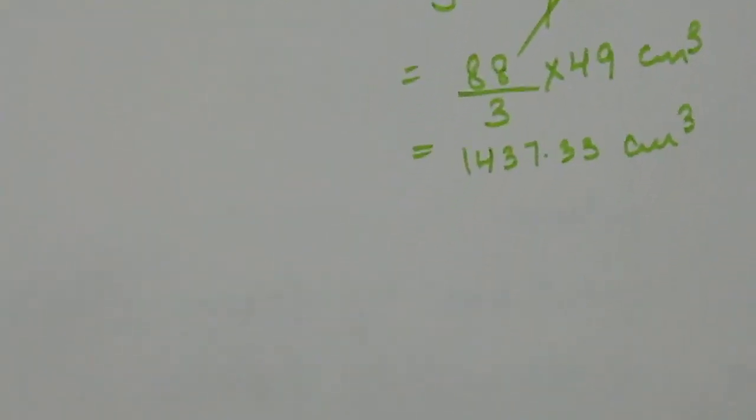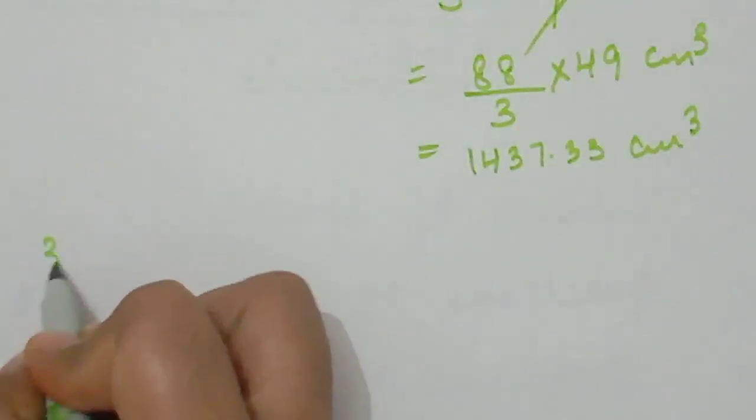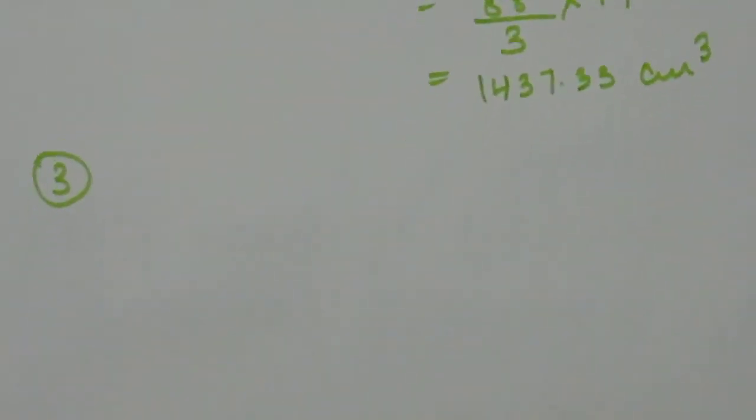Now one another question, question number 3. In question number 2, it is also about the volume because the statement is a little bit tricky. So students, the second question is: find the amount of water displaced by a solid spherical ball of the diameter. It simply means that we have to find the volume of the spherical ball.